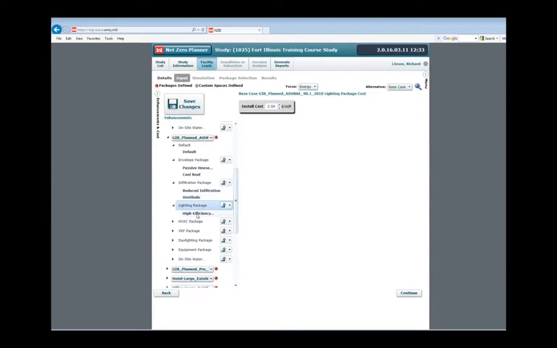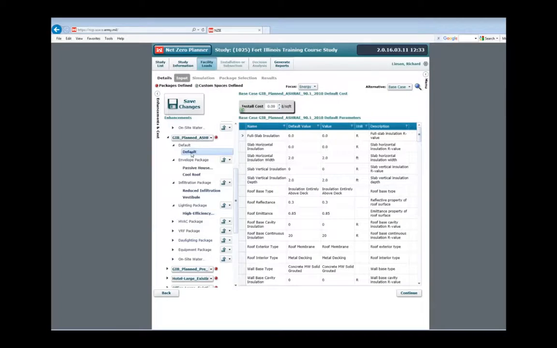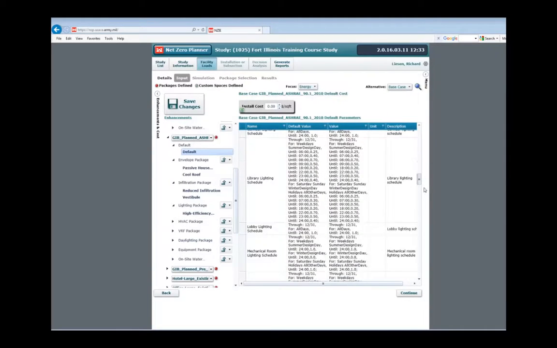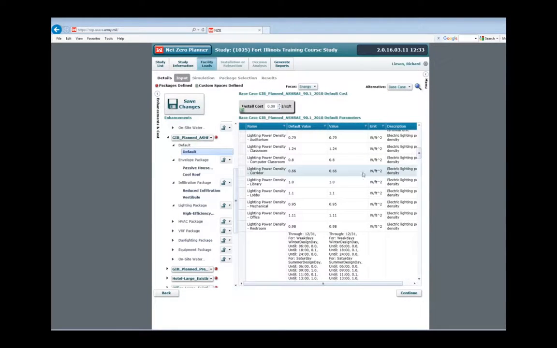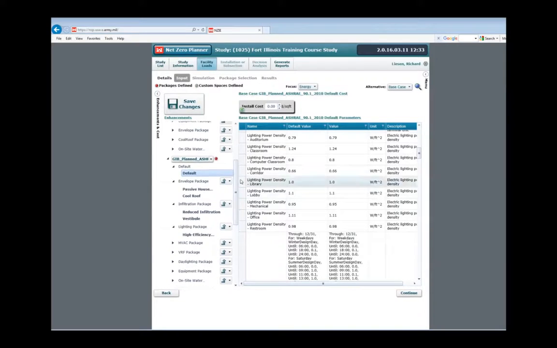And then we can see we go to our lighting parameters, which are better than what we started out with here, if we looked at our lighting parameters in this case. So we see our densities have decreased as we get better lighting packages put in place. So you can see we probably still want to do all those high impact things in our building, but we want to make sure that we start out with a good base building as we do this. So that's kind of the idea of how that path goes for planned versus our existing,